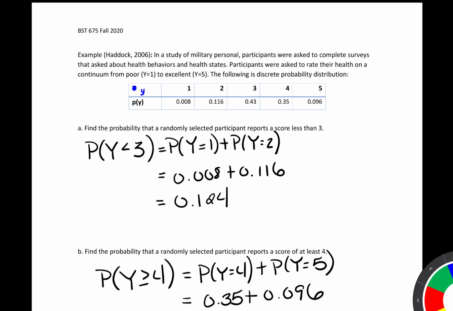So notice that y can only take 5 values. And the reason we call it a probability mass function is because the individual values have an actual probability associated with them. Now, soon we'll talk about continuous random variables, and what you'll find is for continuous random variables, that is not the case.